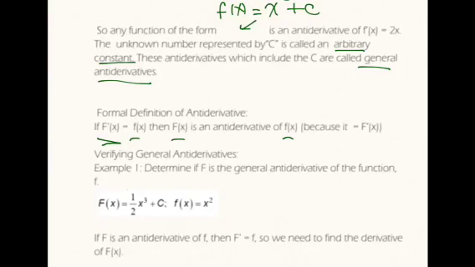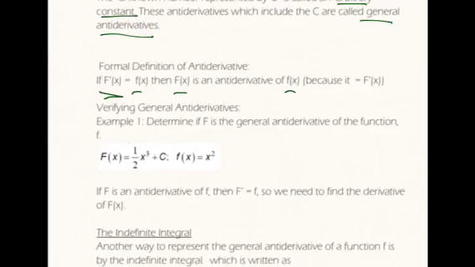But you have an intuitive understanding, because if you know how to find the derivative, the antiderivative is the function from which it came. So for example, let's verify, is big F the antiderivative of little f? What that would mean is that the derivative of big F should be little f. That's the question. Is the derivative of big F little f? Is that true? So if we find the derivative of big F and it's equivalent to little f, then that is the antiderivative. So the derivative of big F,